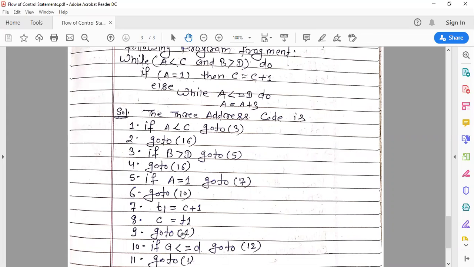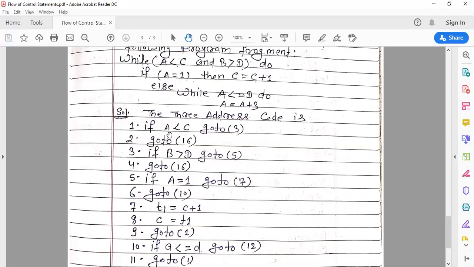Go to 1 means again go to the beginning. Again control transfers to the first line, and it will check the condition again and again. And if this condition is false, then your control jumps out of the while do statement. So here in the 9th line, you can see go to 1.